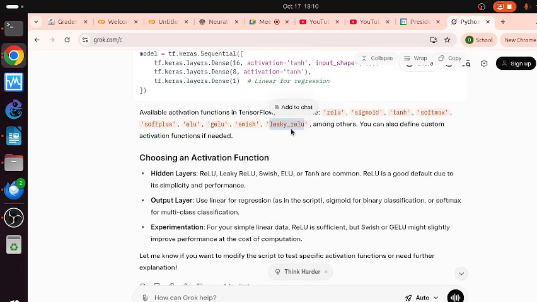So the common ones are relu, leaky relu, Swish, elu, and tangent hyperbolic. All of these are good for simplicity, but this one I think is for if we